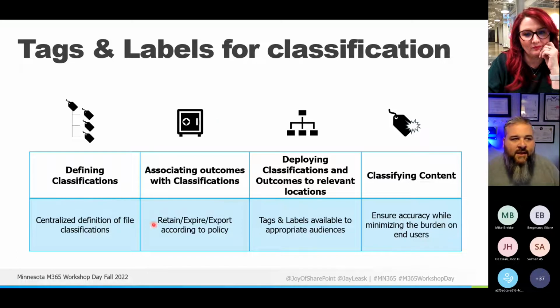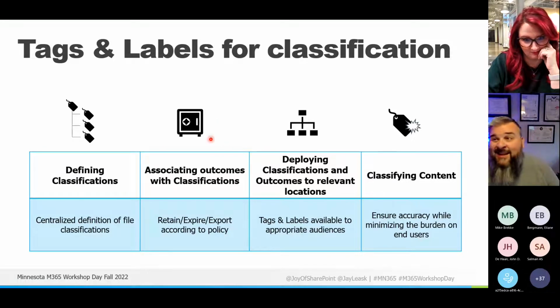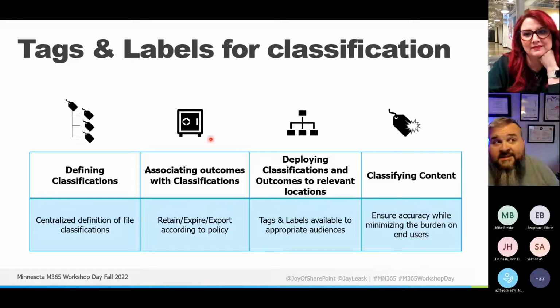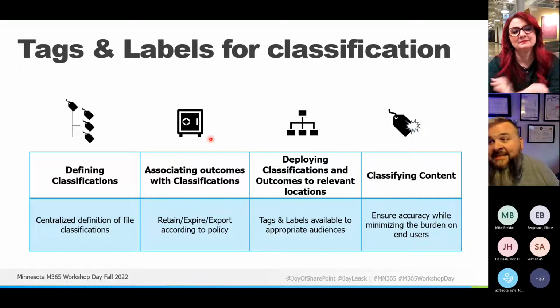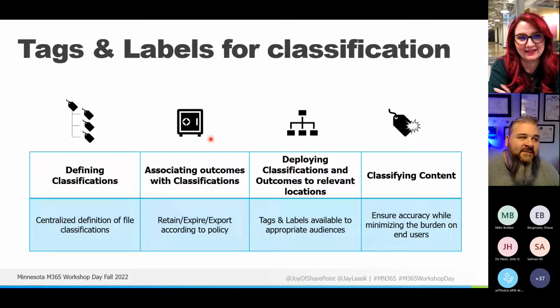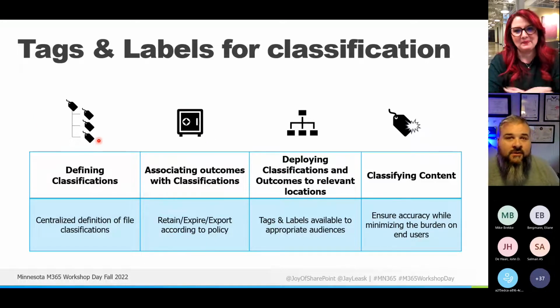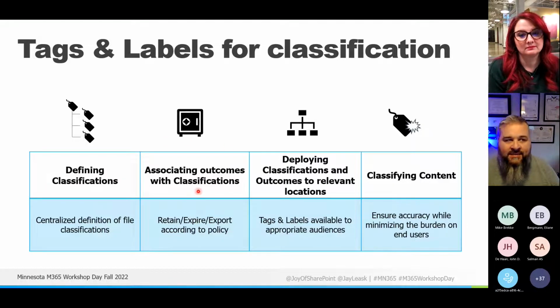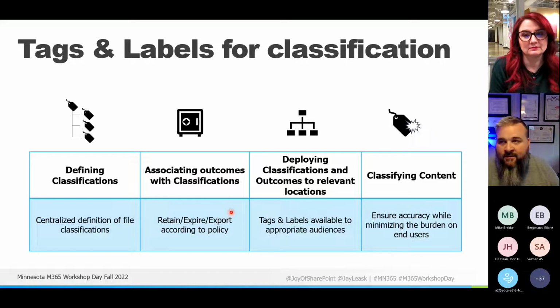You need to also think about, do I need 17 different tags for contract? Or are 16 of them going to have the exact same outcome, and I need one that has a different outcome? So as you define that classification schema to make it easier on the user, make sure you are creating classifications based on the expected outcome.